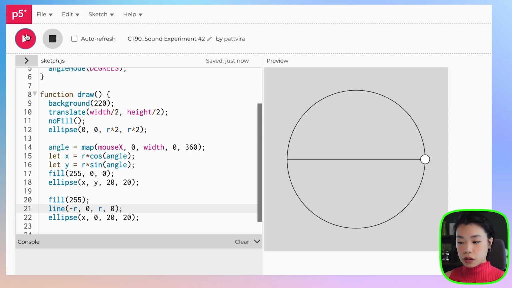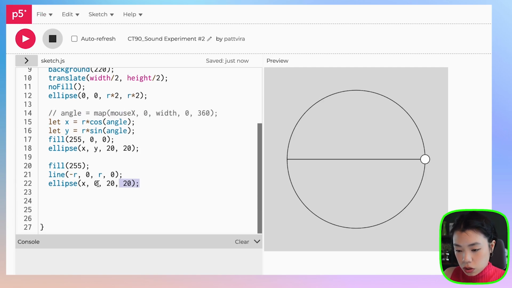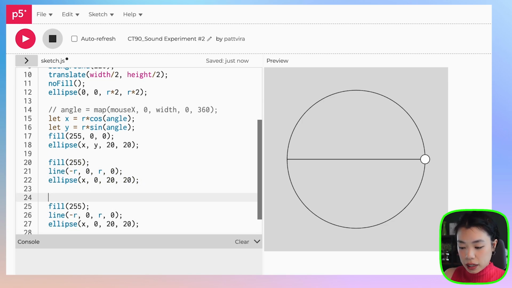Now let's draw another circle that actually travels vertically. So what we can do is, how about I stop this from moving first? And then I'm going to draw out the same thing, but this time around we want to actually rotate the axis by a certain degree. So how about we rotate it counterclockwise by 90 degrees. So if I were to move this,